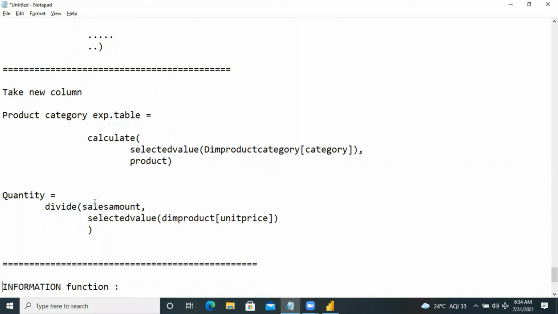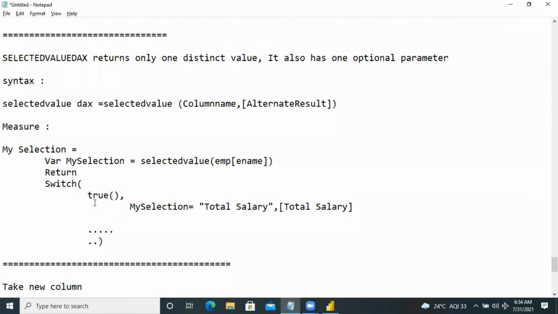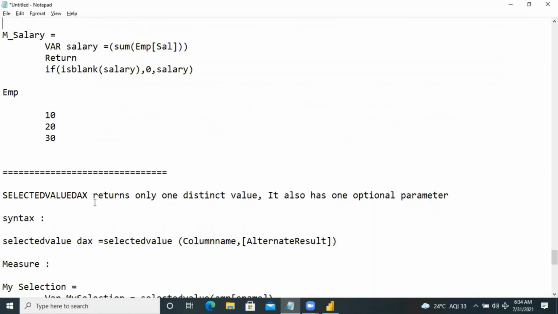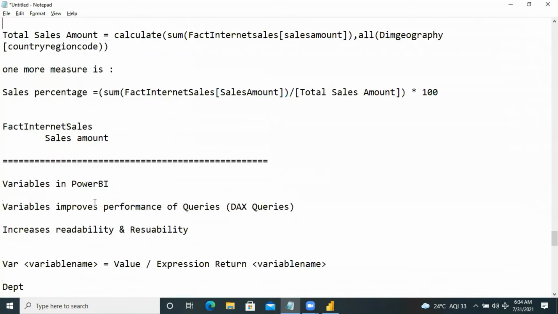So you can check in your system after loading the database: the SELECTEDVALUE function, the DIVIDE function, and switch case. You can practice this as an exercise.